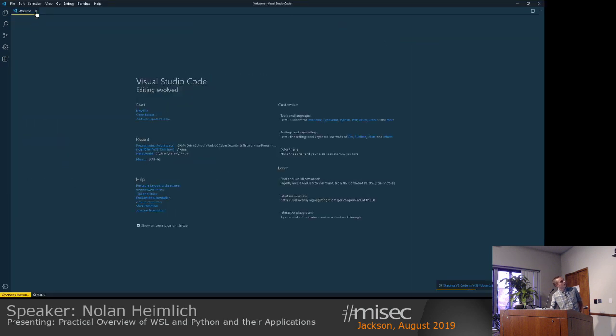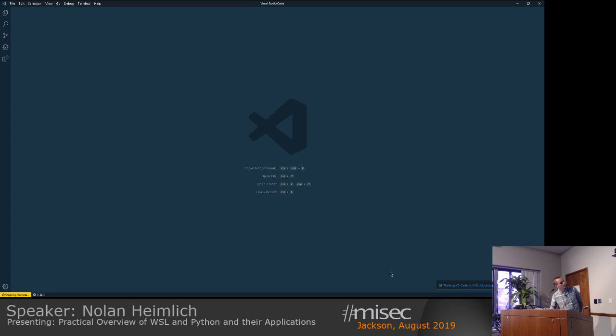Once it launches, because it's installing VS Code onto the WSL instance, I should be able to click New File and